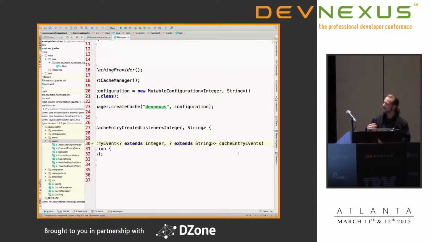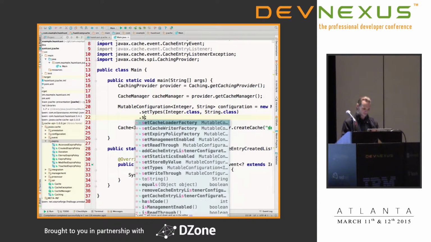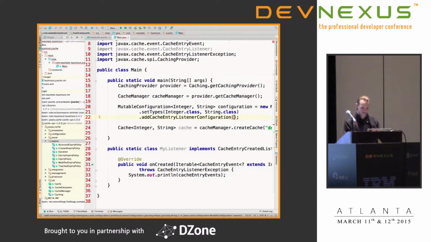This is, for example, if you do putAll, it might be that the underlying implementation decides, if I did all the puts, I can even give you all the events at one time without sending them over the wire one by one. So those are also set in the configuration. What a wonder. Add CacheEntryListener and new MyListener,